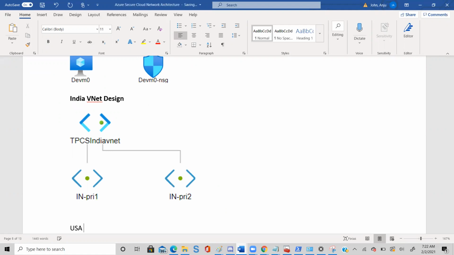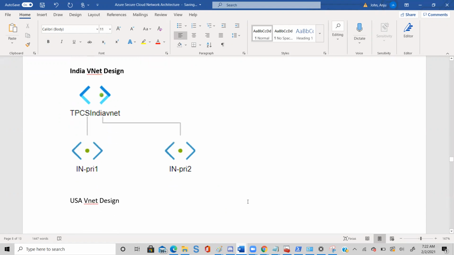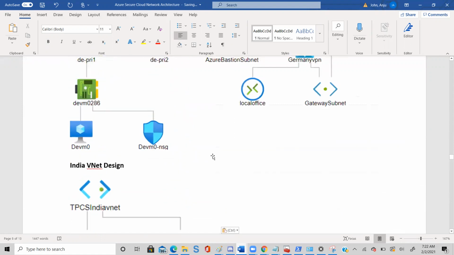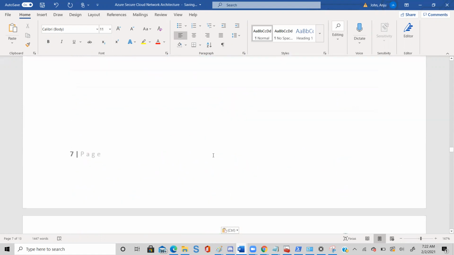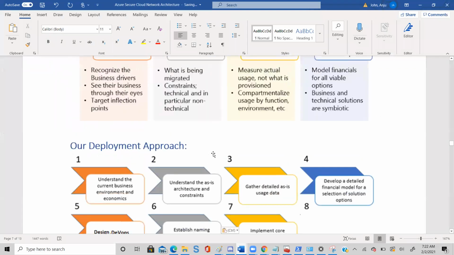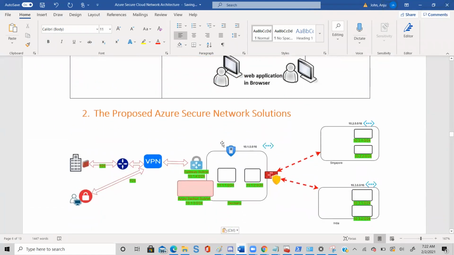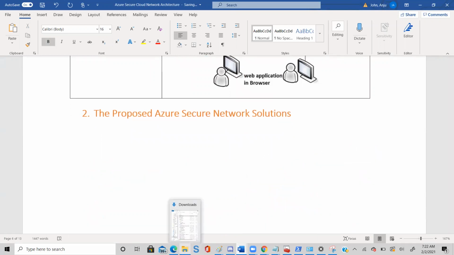USA. Correct? So you have updated the document with how it will look like. You have also now updated this one with your own architecture. So we have already downloaded this architecture.